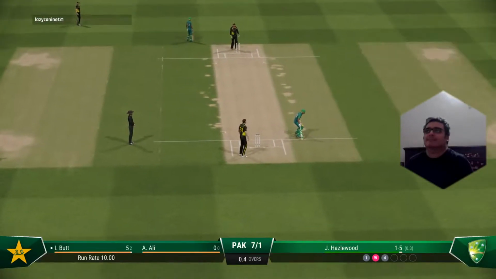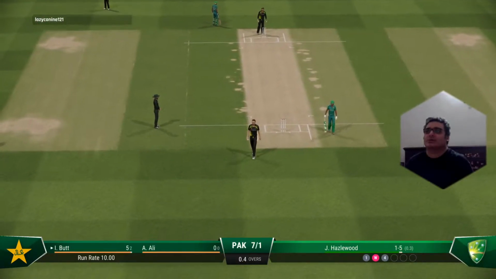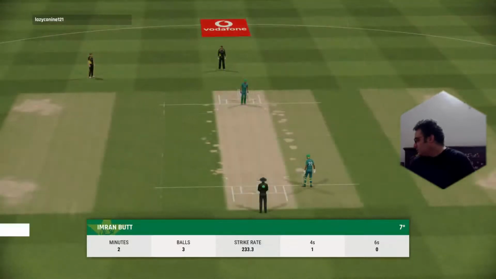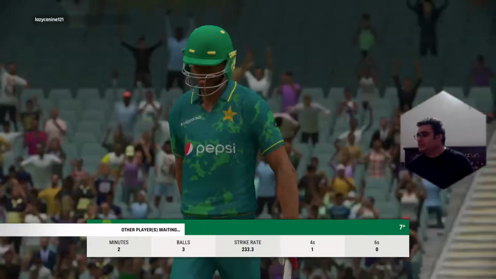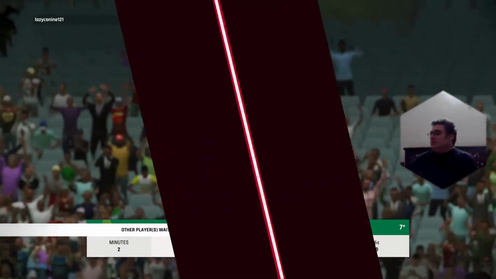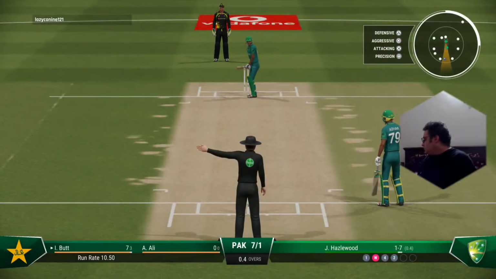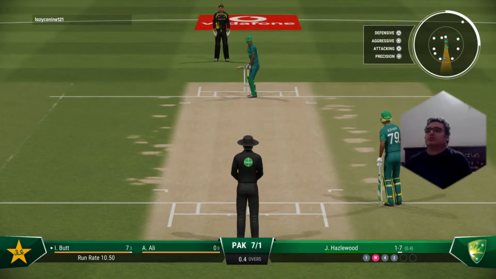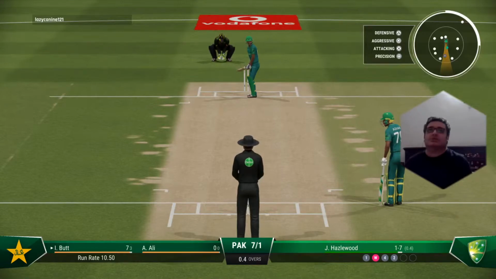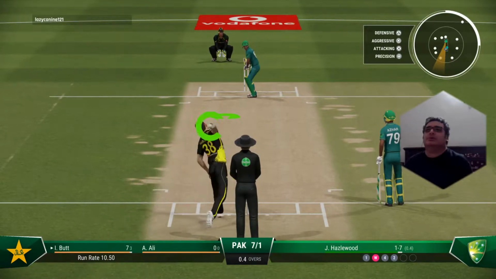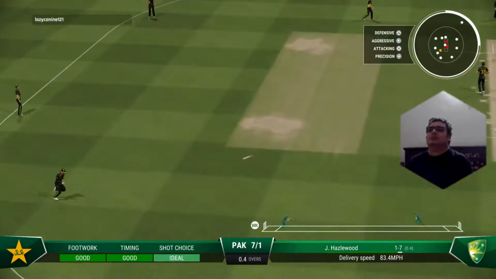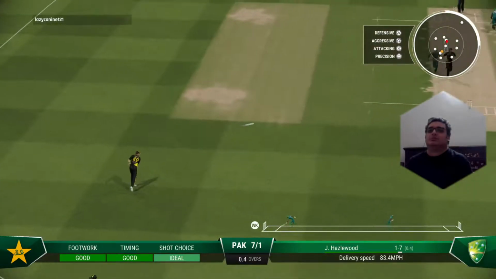A brilliant throw-in from the deep caps off what was a fabulous piece of fielding. Finds the fielder with that shot.